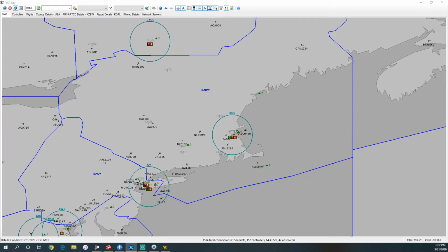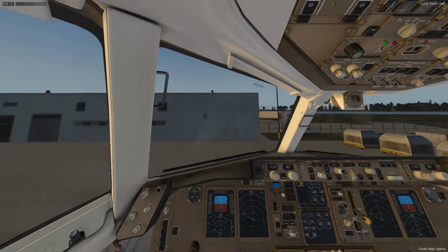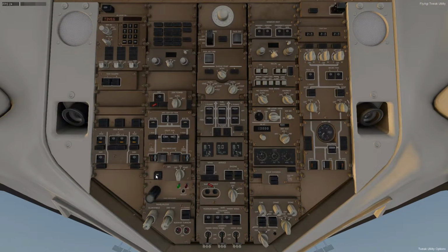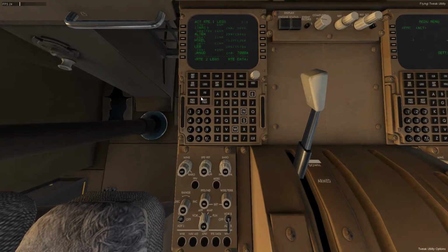Okay, so let's get our pushback going. November 134 Mike Whiskey, looking for a specific approach to Hartford. Boston Center, this is for the PRP IFR 7, so LDA 2, please. Mike Whiskey, Roger. Got everything set up. We'll just take a look at our overhead. As you can see, we got everything set here. Air Canada 008 with you, flight level 350. We've got our flight plan set,